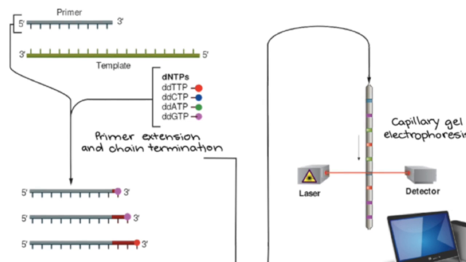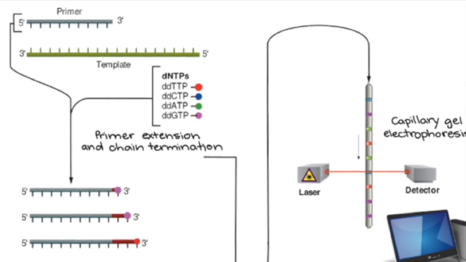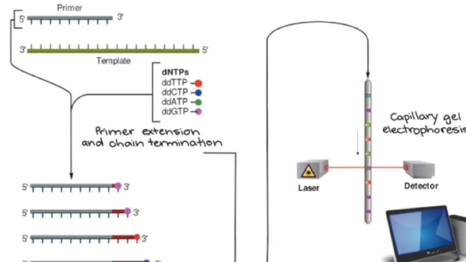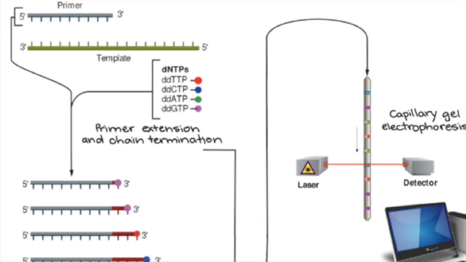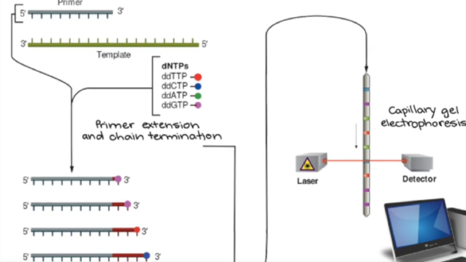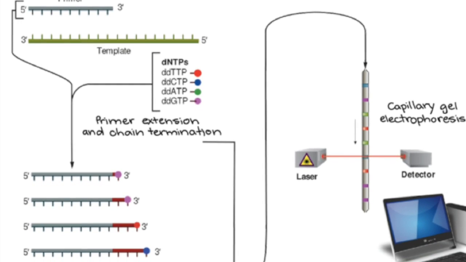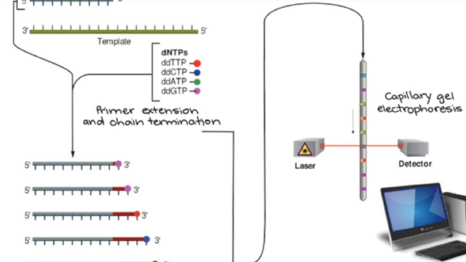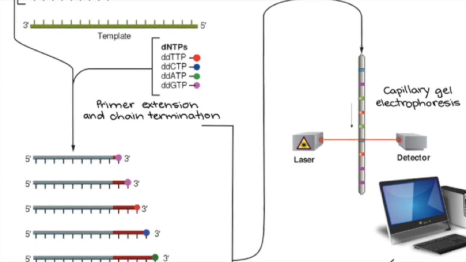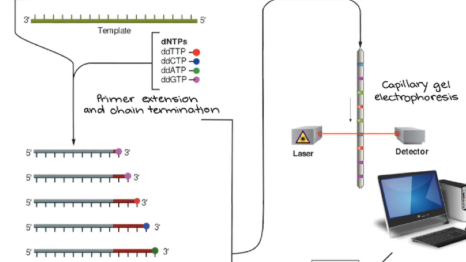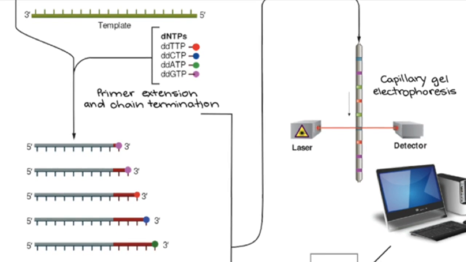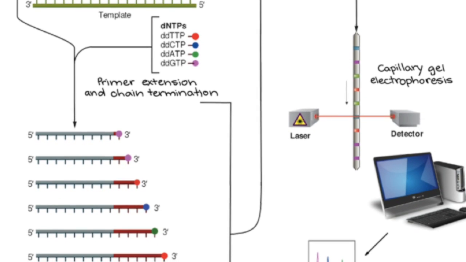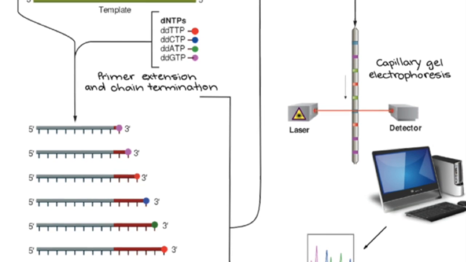Steps for the process. The DNA sample to be sequenced is combined in a tube with primer, DNA polymerase, and DNA nucleotides. The 4 dye-labeled chain terminating dideoxynucleotides are added as well, but in much smaller amounts than the ordinary nucleotides. The mixture is first heated to denature the template DNA, then cooled so the primer can bind the single-stranded template. Once the primer has bound, the temperature is raised again, allowing DNA polymerase to synthesize new DNA